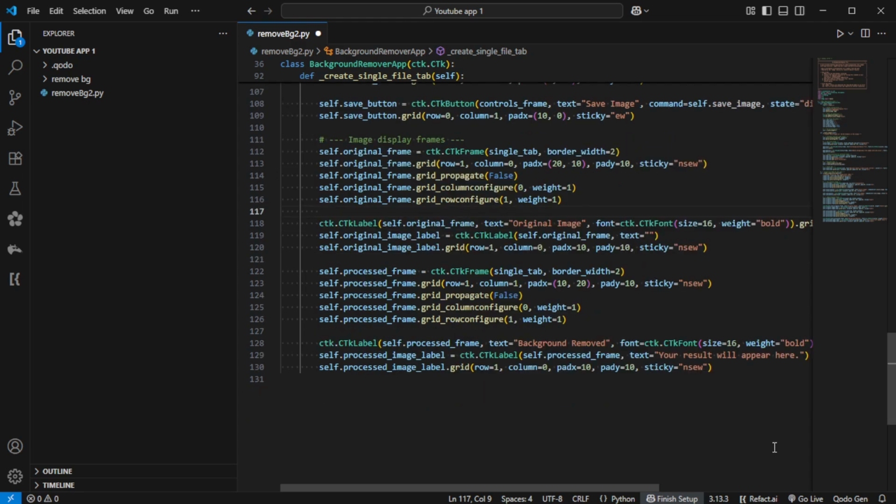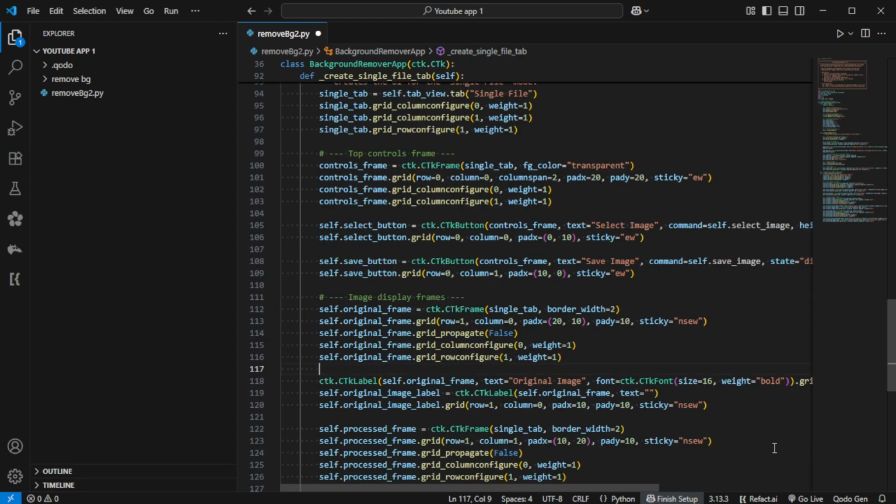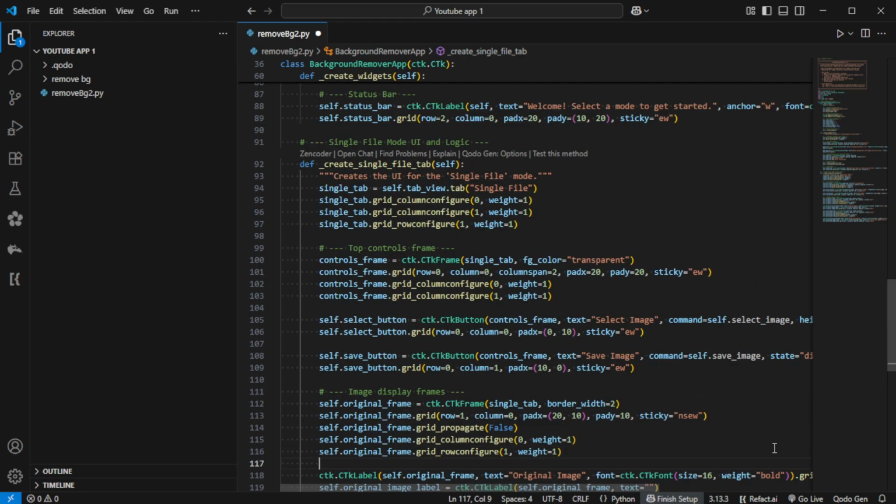Creating the action buttons. self.select_button equals CTkButton(controls_frame, text="Select Image", command=self.select_image, height=40). self.select_button.grid(row=0, column=0, padx=(0, 10), sticky="ew"). self.save_button equals CTkButton